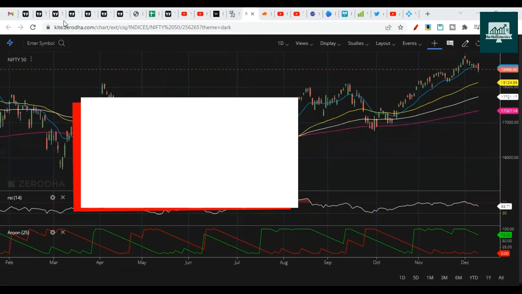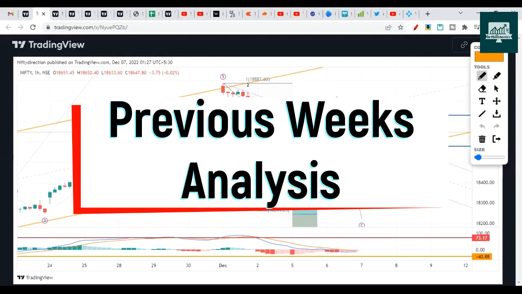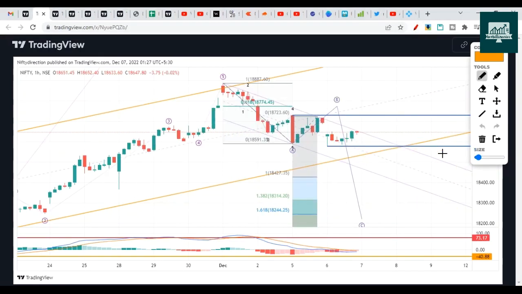So let's check the previous week's analysis. This was one of the charts from previous week. There were another two charts which I have closed by now because I was recording it in an earlier attempt. The recording didn't go well, so I closed those charts, and now I have this chart from last week where